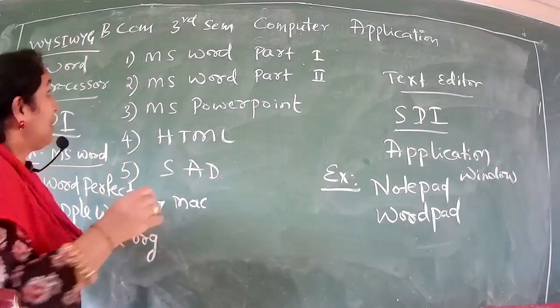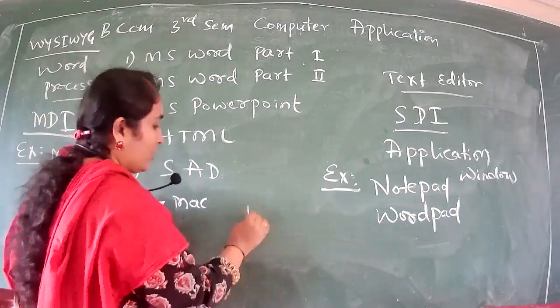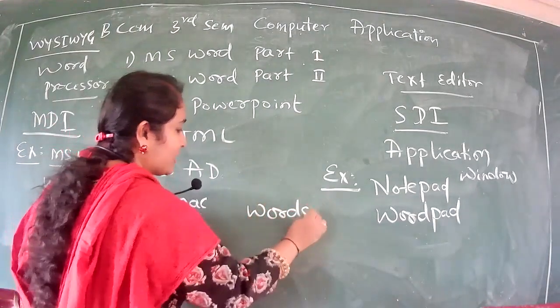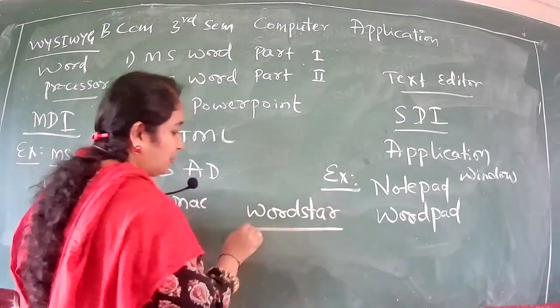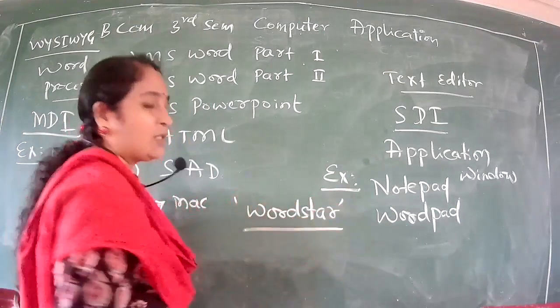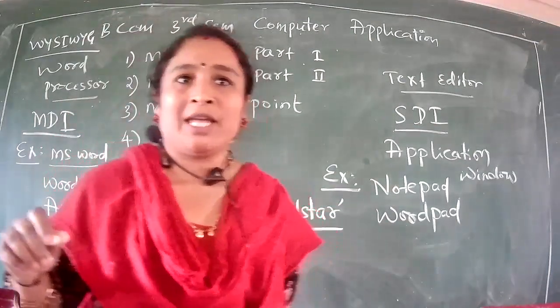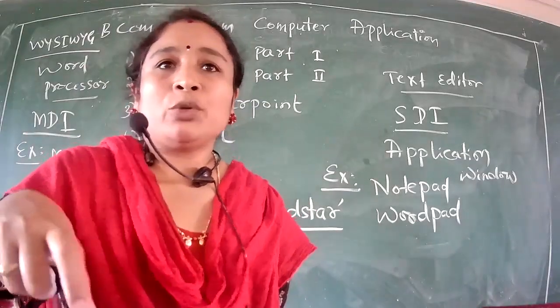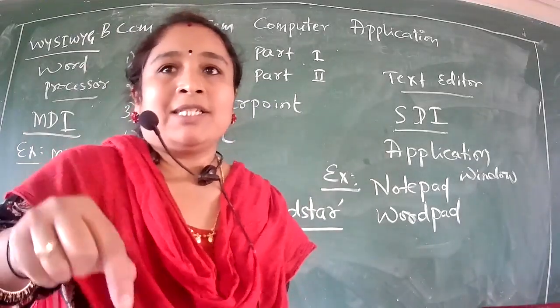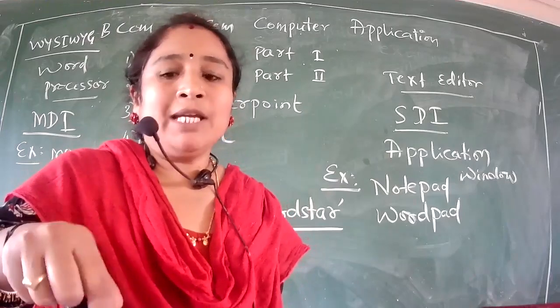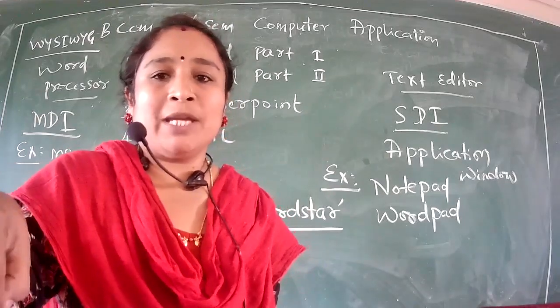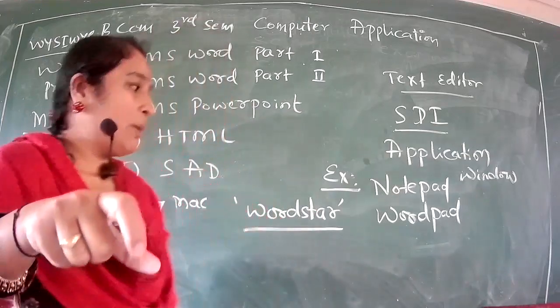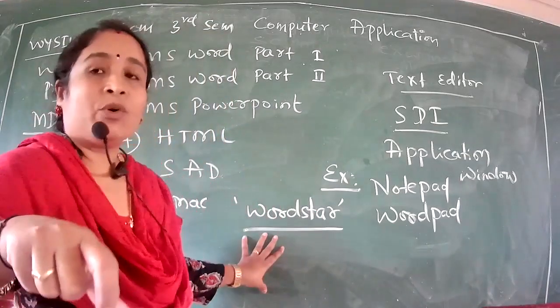In previous days, the old word processor was WordStar. At that time, the what-you-see-is-what-you-get concept was not there. At that time, we used to block the sentences we wanted to make bold. The starting point should be Control B and at the end point we should give Control B. Then only the sentence would be bold in the printout, in WordStar and others.